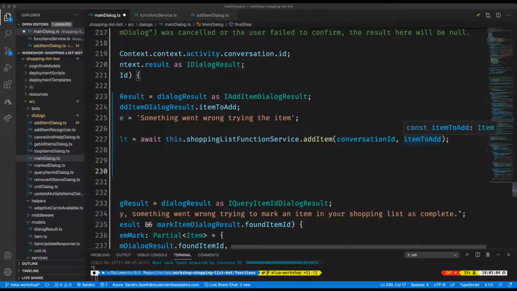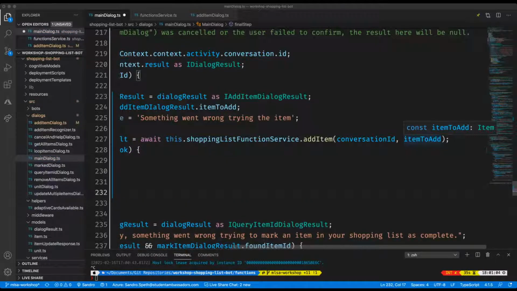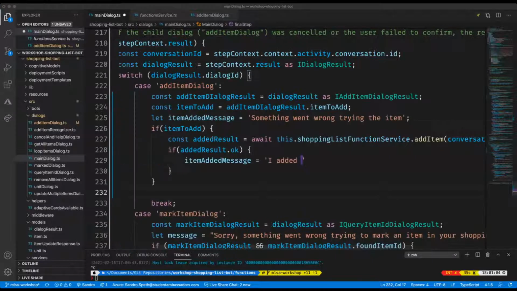However, now we have a result from that call, and if the added result, so that's an HTTP result, is okay, we are happy because we know that everything went fine, and we can change our error message from the top to something better, and we will let the user know that the item they've provided,